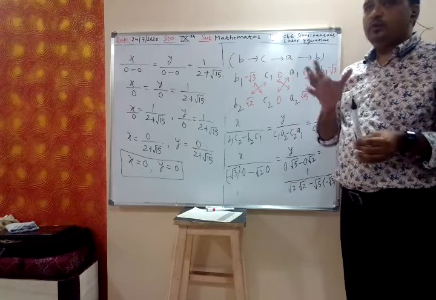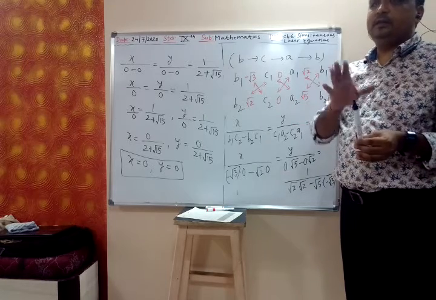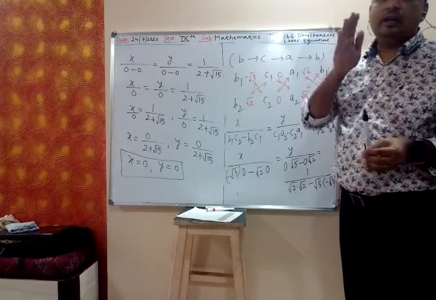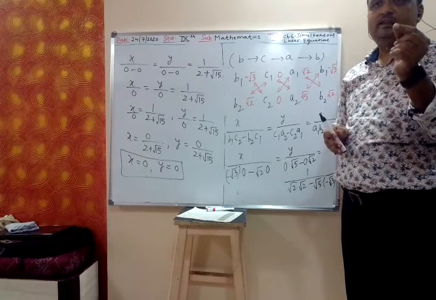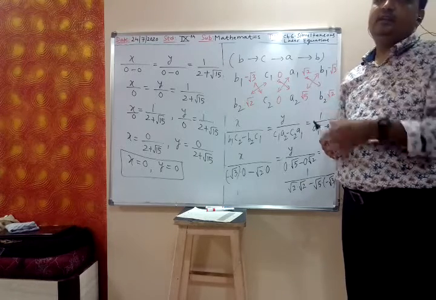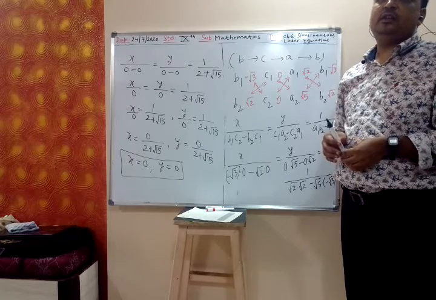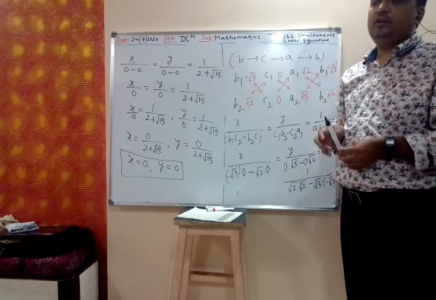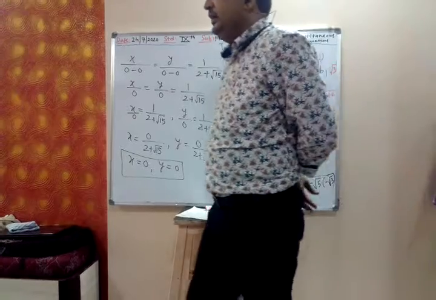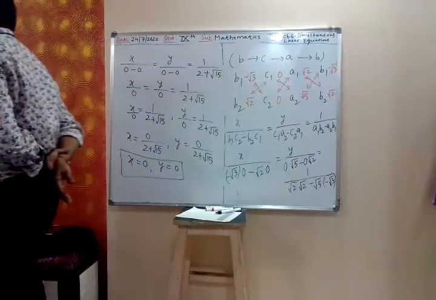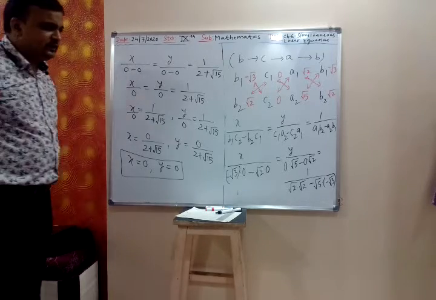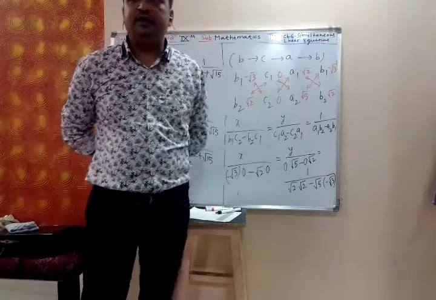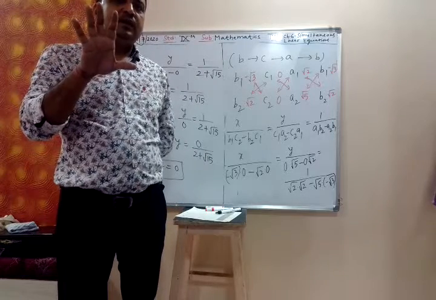Now no more methods are left. Based on these three methods, we have to solve exercise 6D, E, F. All three problems. I will do D, E, F because they are word problems. Those word problems we have to convert into a system of linear equations. D, E, F, G, all four.